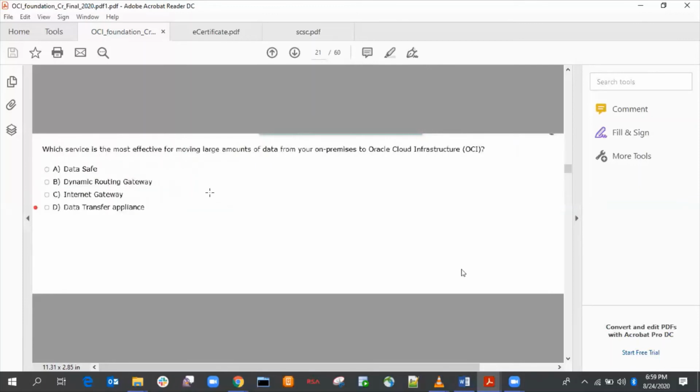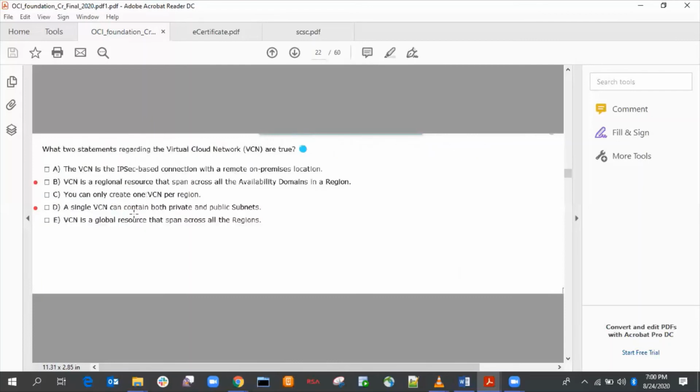Which service is most effective for moving a large amount of data from on premises to OCI? This can be achieved using Data Transfer Appliance. What two statements regarding virtual cloud network are true?